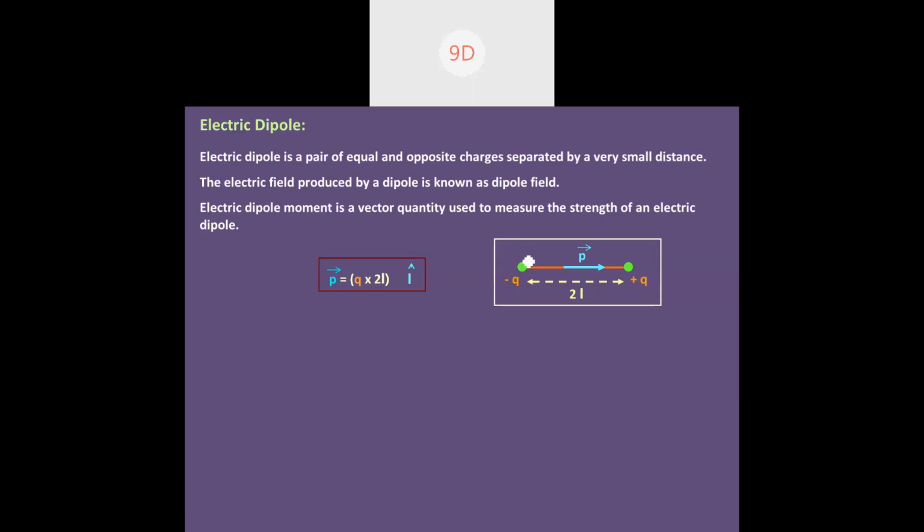When a dipole is created, rotational forces are created. Think about it, guys. When you're using a tap for water, you're rotating it, one side clockwise, one side anti-clockwise. So a rotational force is created. Now the same thing is happening. One is a positive charge and one is a negative charge. The field lines for the positive charge are in this way, and for the negative charge, the field lines are in this way.